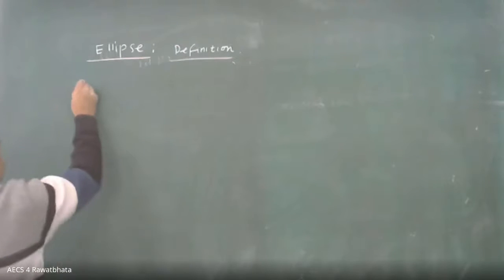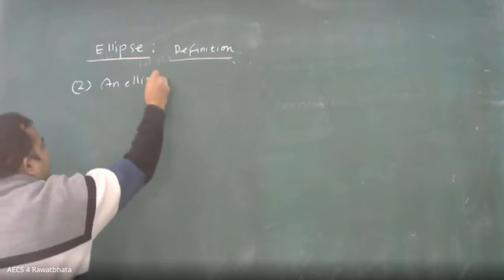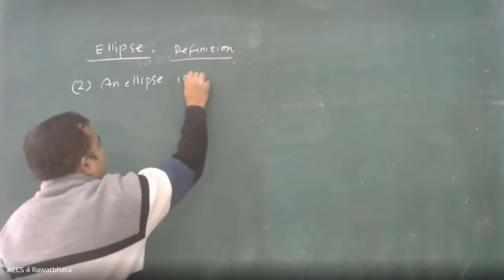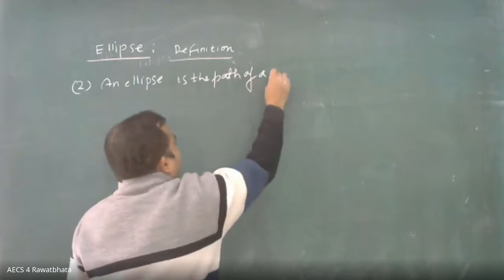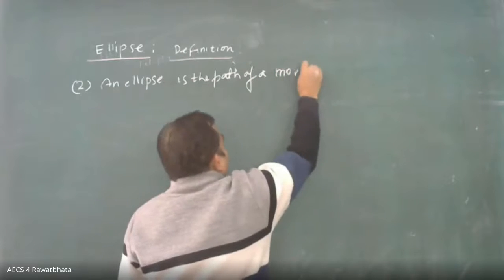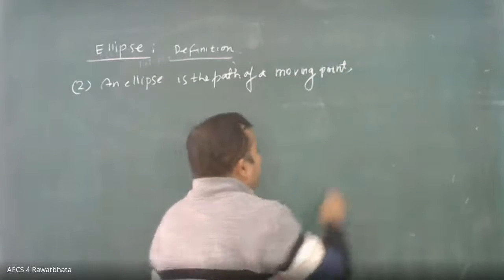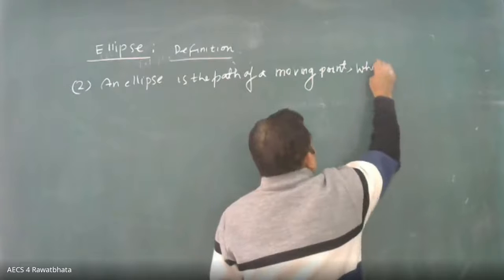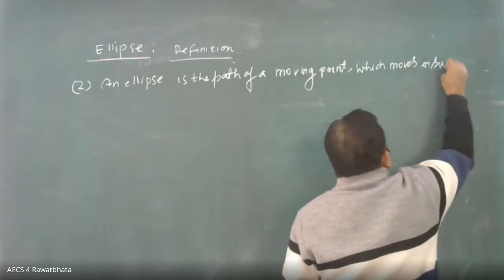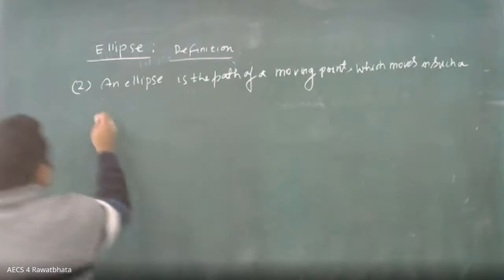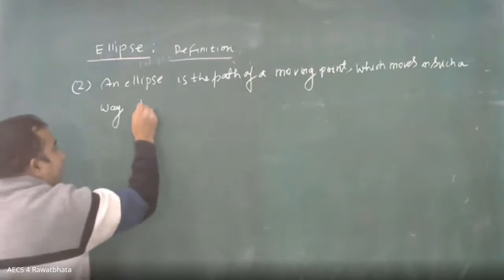So second definition, it goes like this: an ellipse is the path of a moving point which moves in such a way that, now you pay attention,